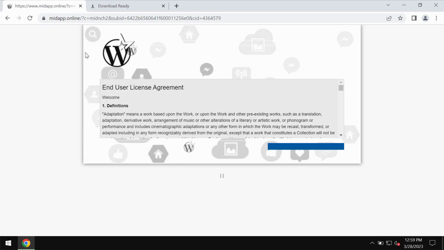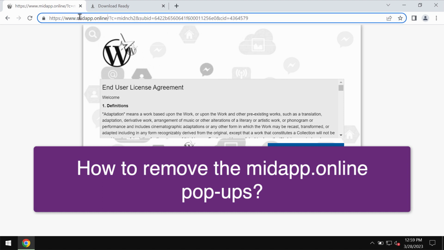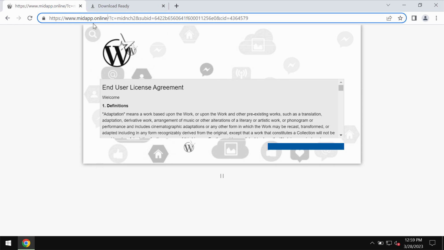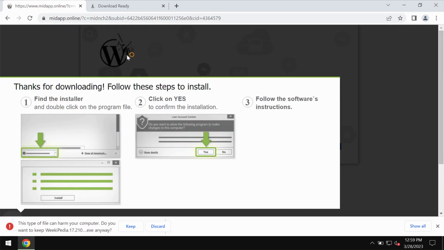My video will provide you with instructions that will help you to remove the malicious pop-ups that are related to the site Midapp.online. So some people may see these strange pop-ups by the site Midapp.online. Definitely these pop-ups are extremely deceptive and even malicious because their purpose is to promote certain potentially unwanted software